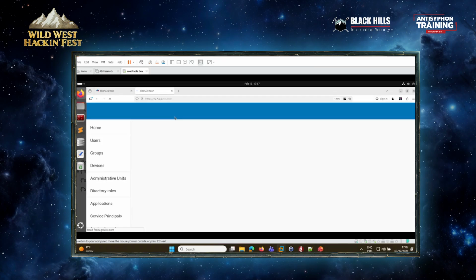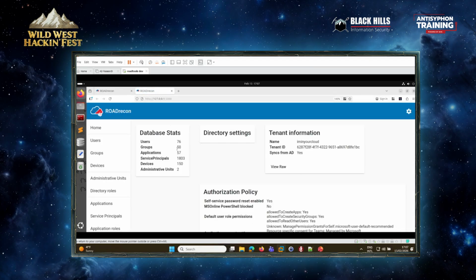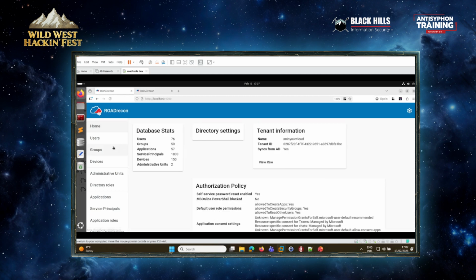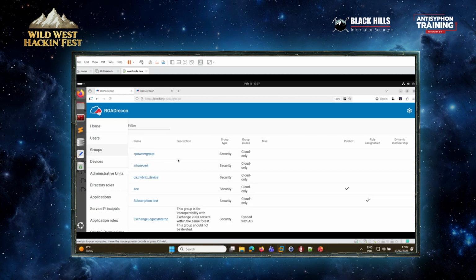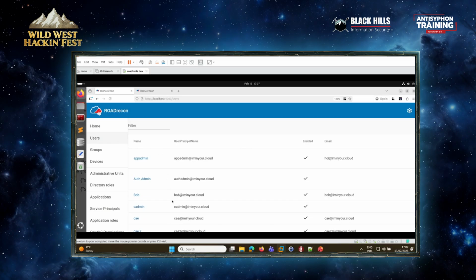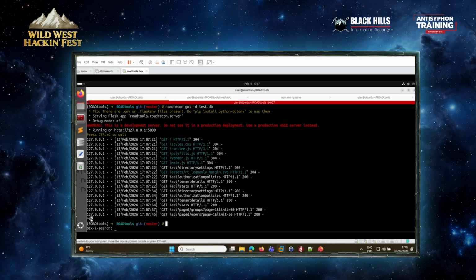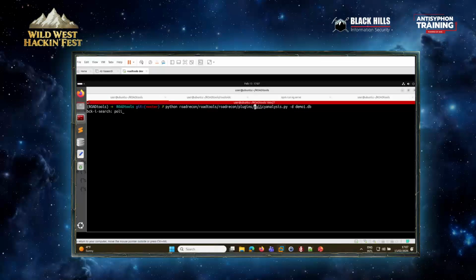And this is the old UI, so this is the older stuff. What I actually wanted to show you is the new UI. This looks exactly the same, but what it also does is support paging, so it will not list all the groups at the same time, but will fetch them in the background. It also supports the conditional access policies. In order to do that, I will have to run a plugin to calculate the conditional access policies. So, whoops, not that. I'm going to run that on my test database.